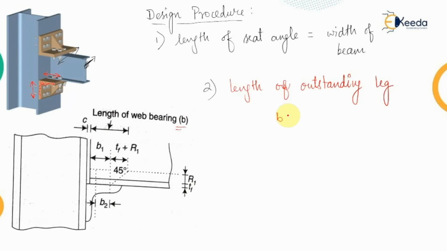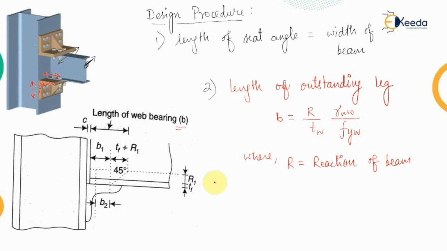So this B will be equal to, now what we do here, we provide this length equal to R divided by tw, that is the thickness of the web that we have provided for the beam section, into the partial safety factor for the material, that is gamma m0, which is having a value of 1.10, divided by fyw, that is the yield stress for the web section. Now from here we will get the length of the outstanding leg, where R is the reaction of the beam, that is the end reaction which is transferred from the beam to the column.